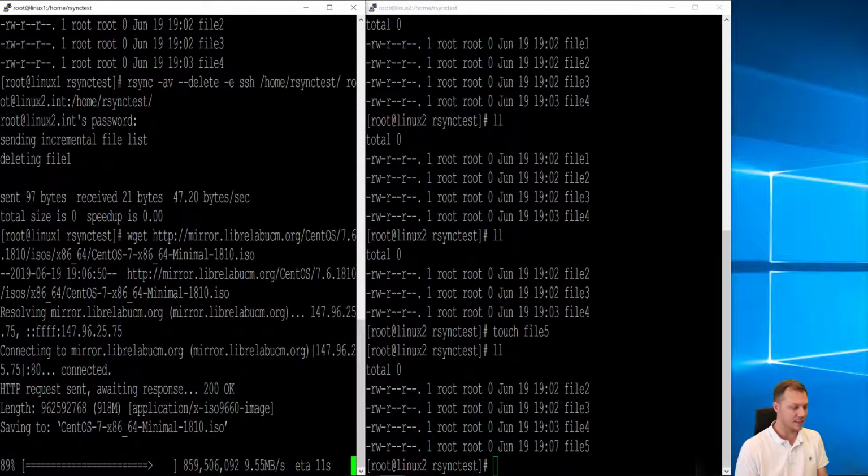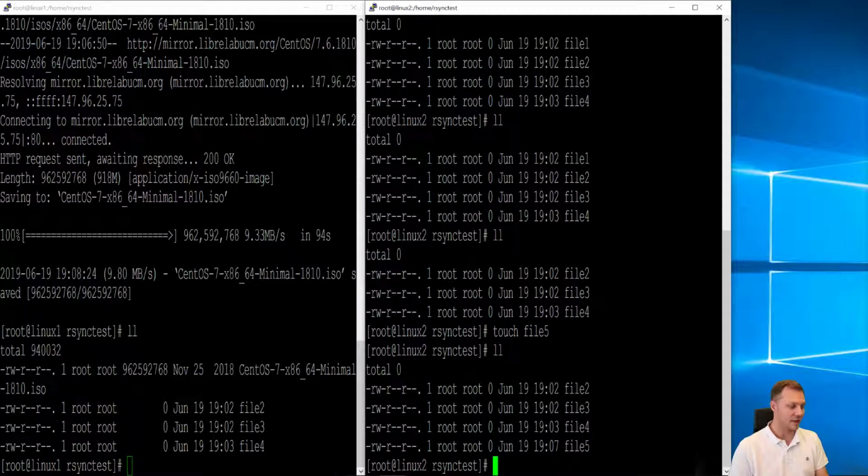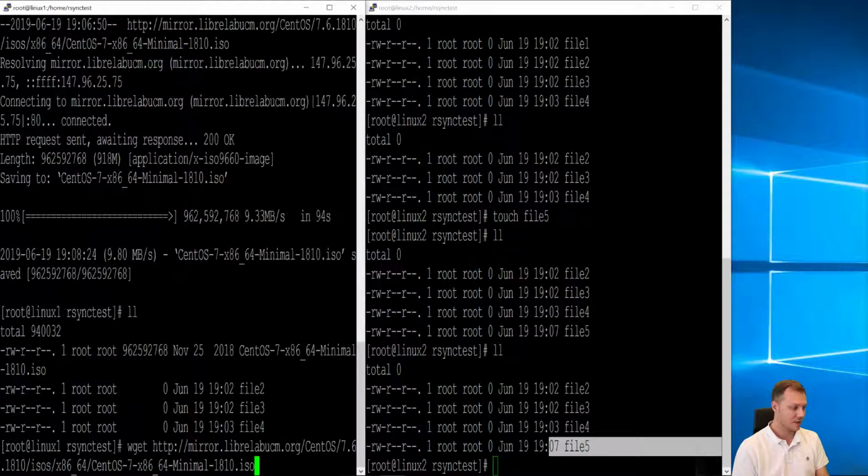Okay, so 10 more seconds. Then after that, I'll show you how to pull the files, because now I've shown you how to push files, but I haven't shown you how to pull them. Okay, we're done. We got 4 files here and 4 files here. We've got file 5, but transferring,